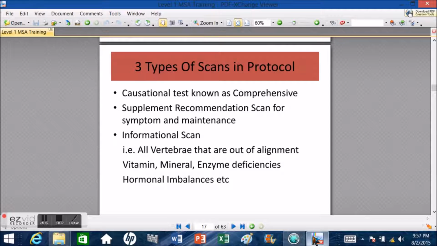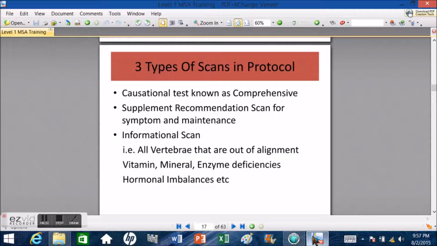So just remember, when you're looking at the comprehensive analysis, you're always dealing with the causal chain, and that is our first test always. And when we run the comprehensive analysis, we're also going to be imprinting that scan, so we do what's called the imprint specifics, which is our recipe for our imprint. That tells us how long to imprint it and whether or not it needs to be an individual, a multi-cord,